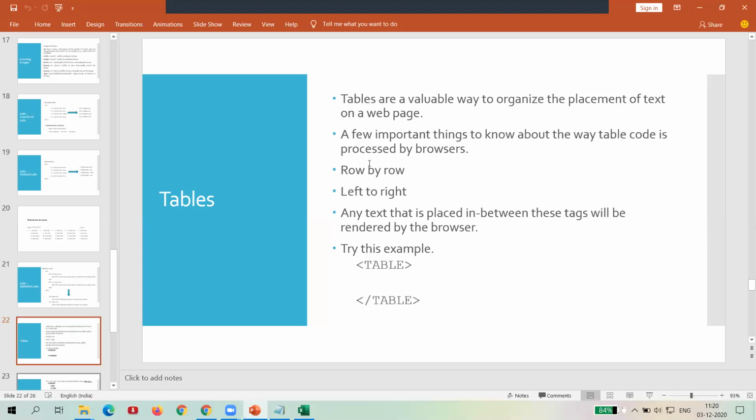The table is created row by row, and in a table the data is represented left to right. Again, I repeat, in a table tag, you have to create row by row. And in this row, the data is represented left to right.